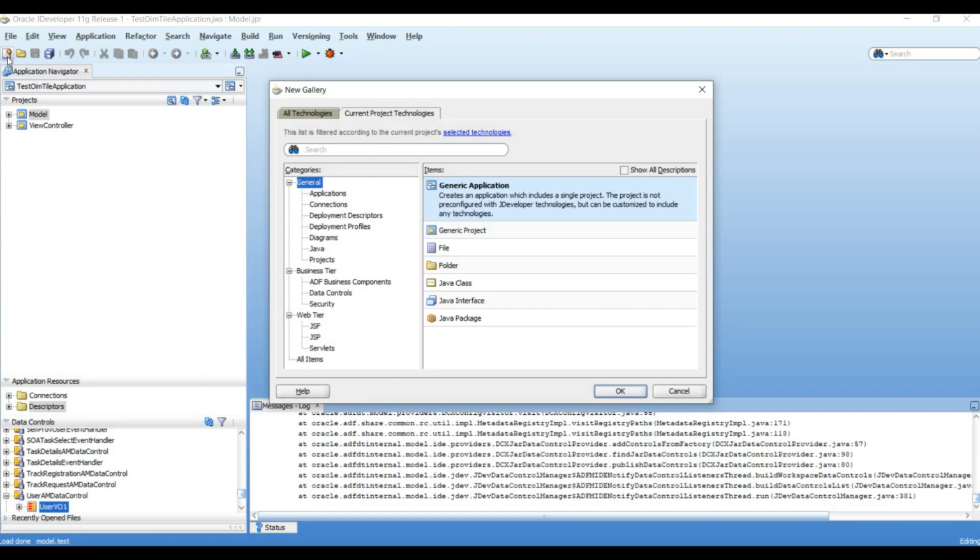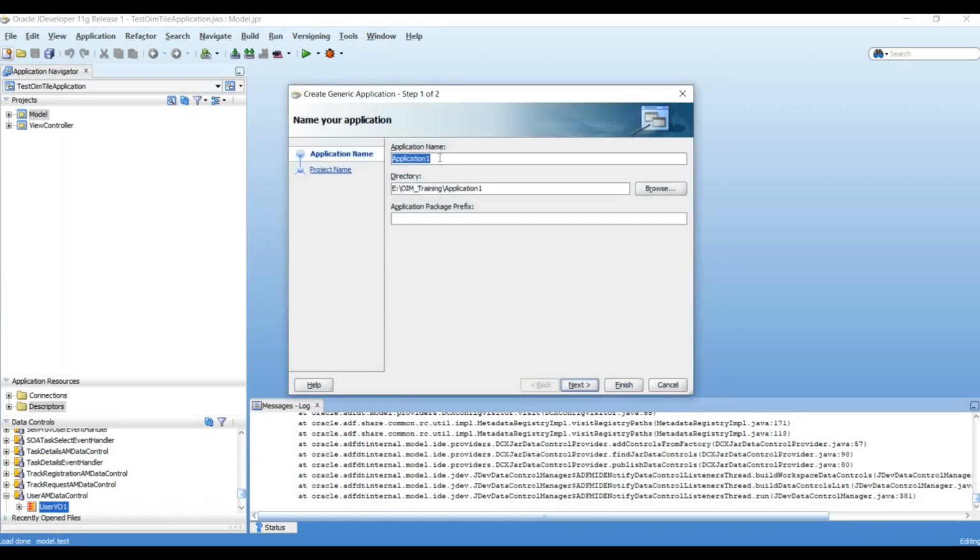But in this case, we will only be using the view controller project, so we don't need the model project. For this, we can go with a generic application, and then create a view controller project separately. So I select the generic application, click OK, and here I give a name,